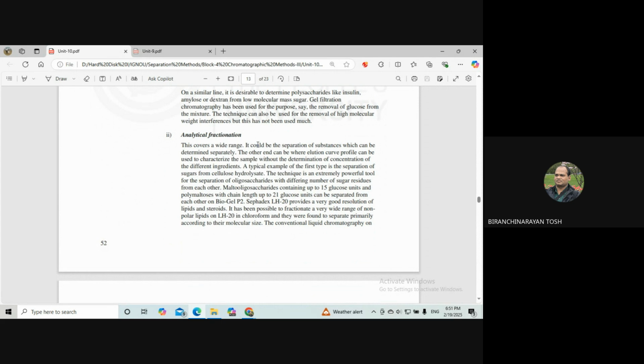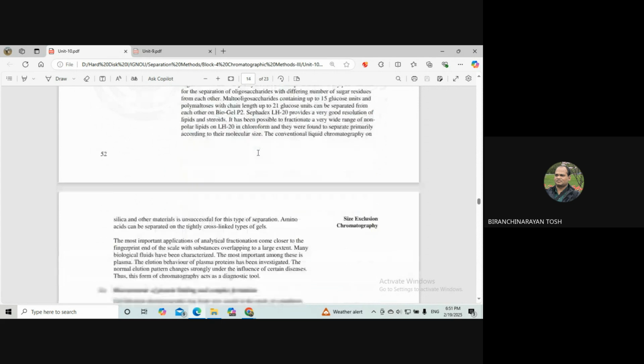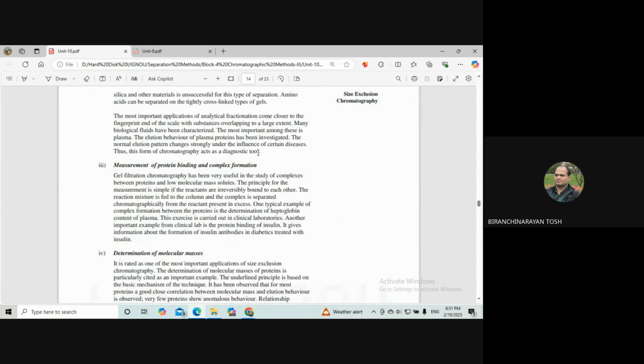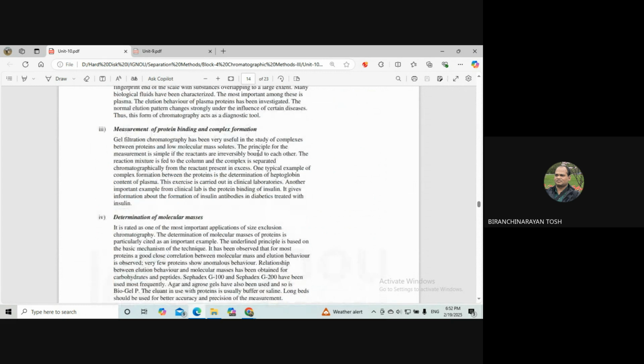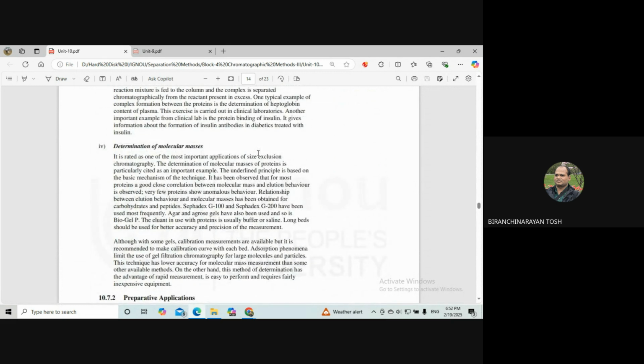The measurement of protein binding and complex formation: gel filtration chromatography has been useful in the study of complexes between proteins and low molecular mass substances. The principle of this measurement is simple. If the reactants are irreversibly bound to each other, the reaction mixture is fed to a column and the complex is separated chromatographically. Then determination of molecular mass, as we have already discussed,